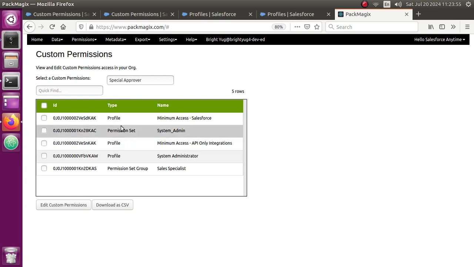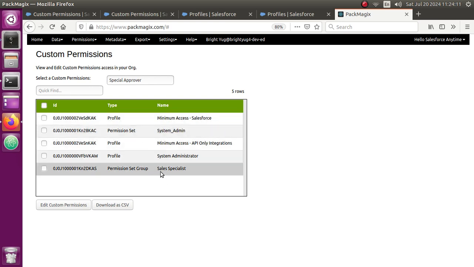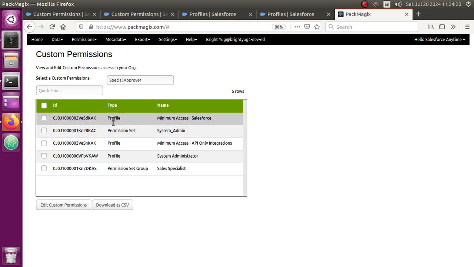So this is going to be very easy to track. Otherwise in a normal Salesforce org you would have to open each of these profiles and permission sets to check whether the special approval custom permission has been given or not to these profiles or permission sets, which is going to be a tedious task to do. So that's why this is going to be very easy. You get to know in a single screen